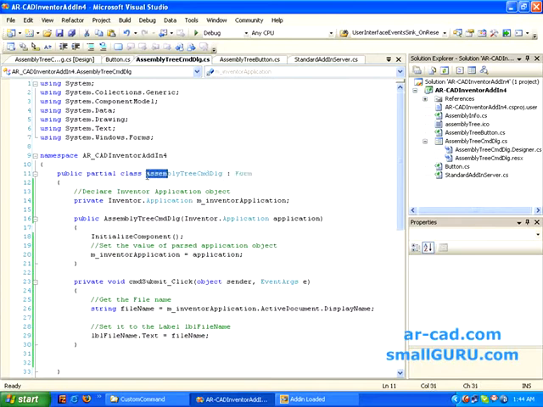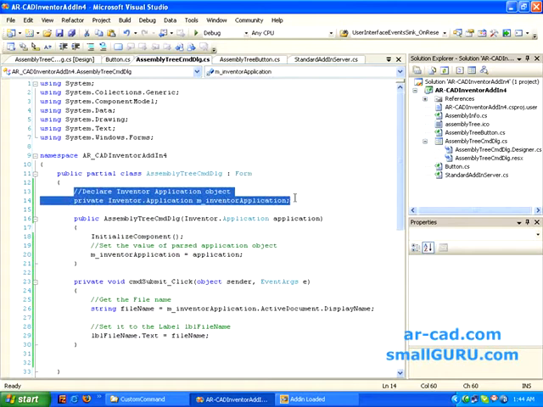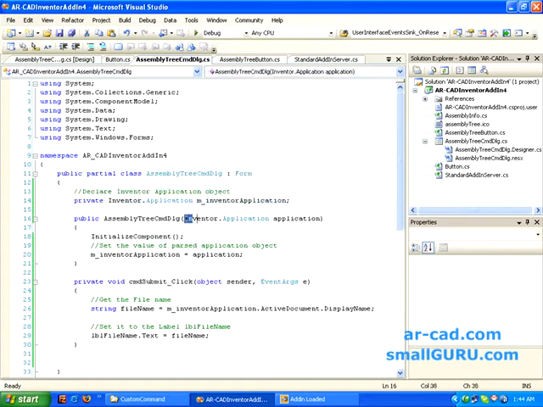We declare an Inventor application object. We do this almost all the time, and this change we need to make. By default there is no argument passed to this, and you can see that the name of this particular method, assembly tree command dialog, is the same as the class.